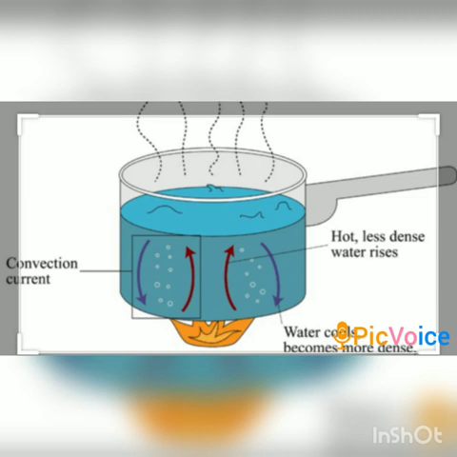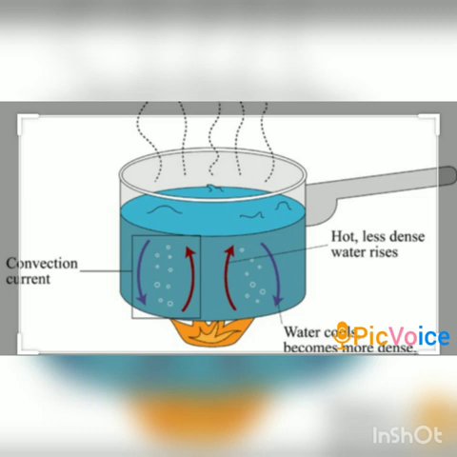The molecules in liquids and gases are quite free to move, as we know that there is space between the molecules of liquids and gases, and in solids there is no space between the molecules. That means they are closely packed to each other, and this ability of liquid molecules to move around causes a liquid to get heated up. This method of heat transfer in liquids and gases is known as convection.